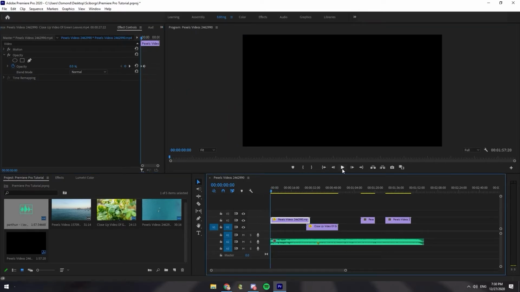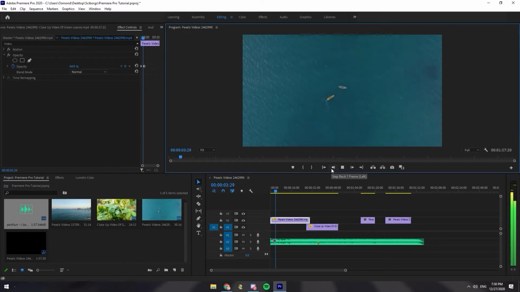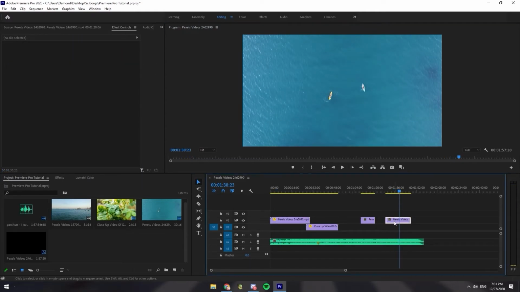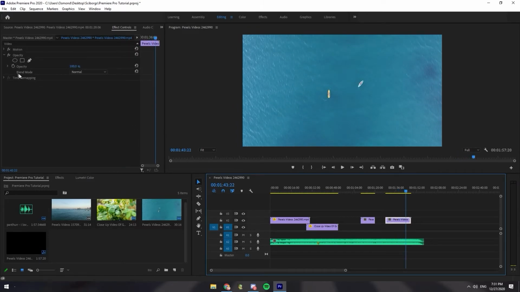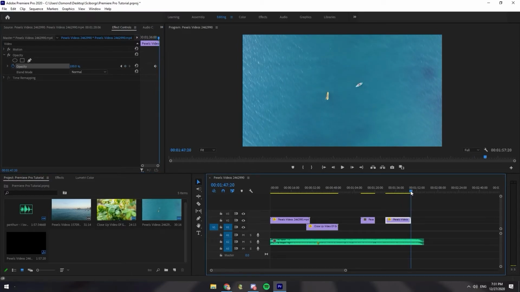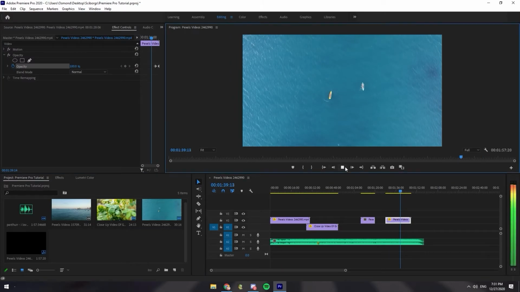So if you look at the video, if I want to make a video fade out, I would make a keyframe wherever. So I'll make it around here. Press the keyframe button. Now I'd go to the end of the clip, make another keyframe here, and then at the next keyframe you would put it to 0. And now